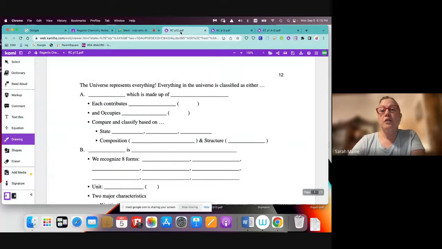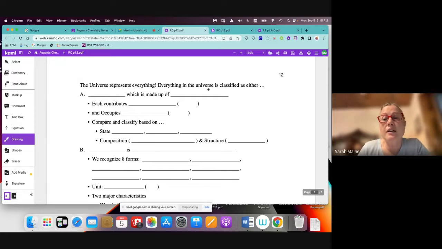So we are taking a look at page 12 notes, and we're starting our unit on matter and energy. The first thing that I want you to know is that the universe represents everything, and everything in the universe in science is classified either as matter, which is made up of particles,